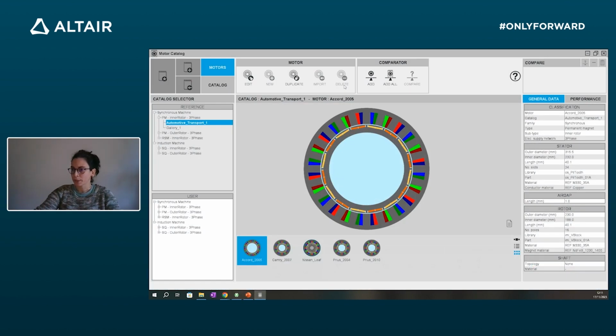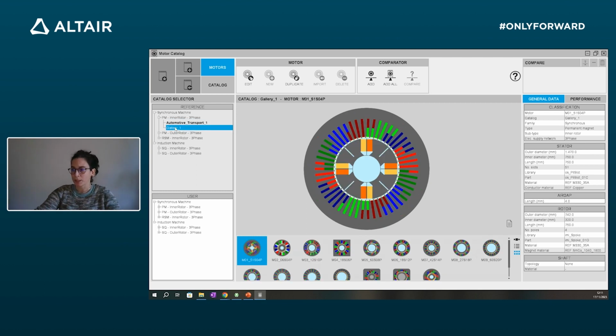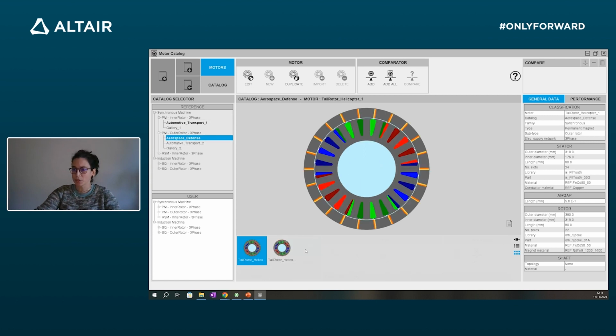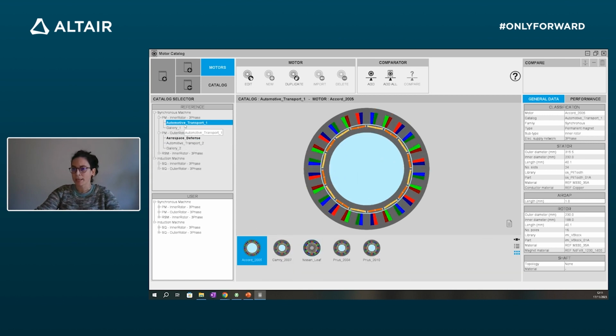So this is the motor catalog section. Here we have some reference catalogs divided into different topologies. We have synchronous machine, so permanent magnet, and the reluctance machine with inner and outer rotor. We have also induction machine here, and we can create our own catalog. To see all the motors that we already have in the reference catalogs, we can just click on some catalogs and see the content. In our case, we want to go in depth in the automotive transport catalog to check